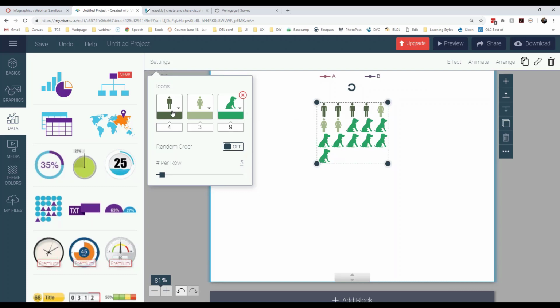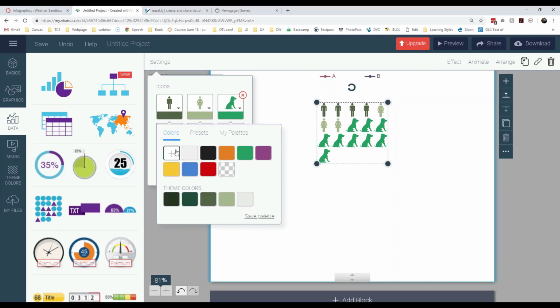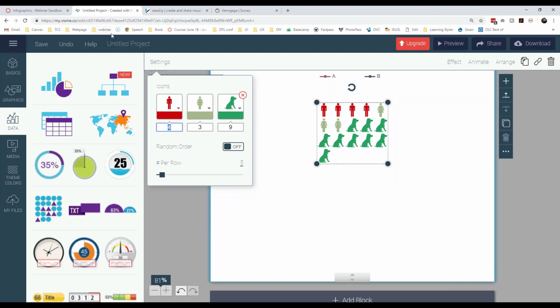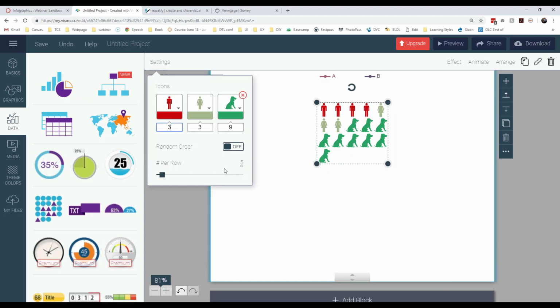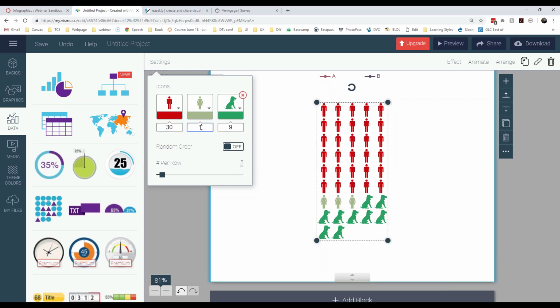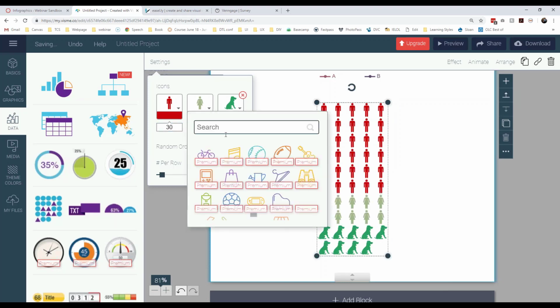So this would be the Bah Humbug. I'm going to put that as red. And what was that number? We're looking at 30, 10, 60. So I'm going to put 30, 10,